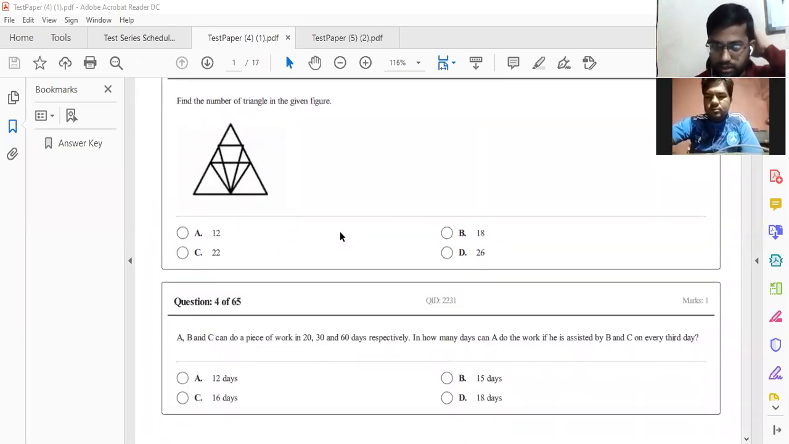Then find the number of triangles in the given figure. Any doubt in this question? कितना काउंट किया? You'll get a total of 18 triangles. Any doubt here? If we count this 1, 2, 3, 4, 5, 6, 7, this one 8, and this entire 9. Okay,